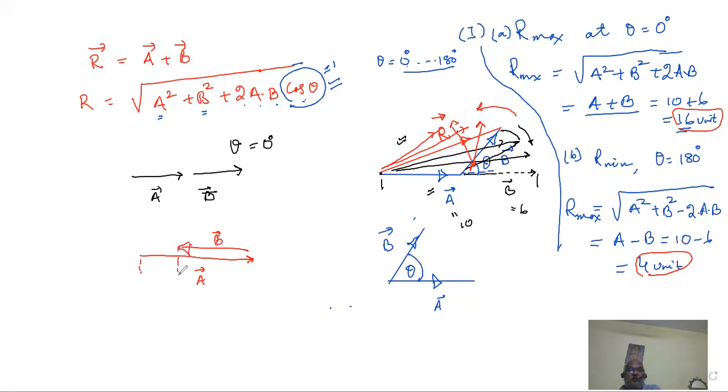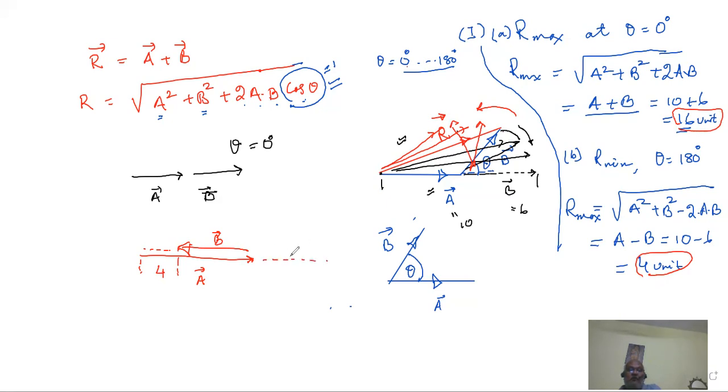Resultant is always from the tail of the first vector to the head of the last vector. Because A magnitude equal to 10 and B magnitude equal to 6, obviously the minimum resultant will be 4, as you have found it using the formula. Okay. And in that posture, or under that condition, how much is the angle between A and